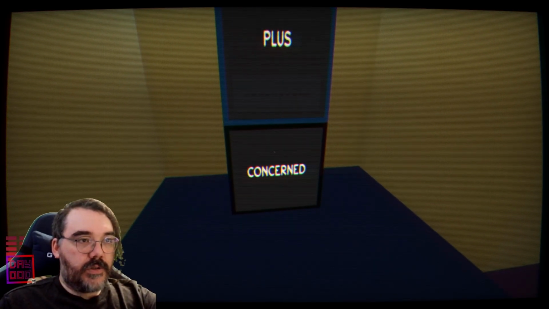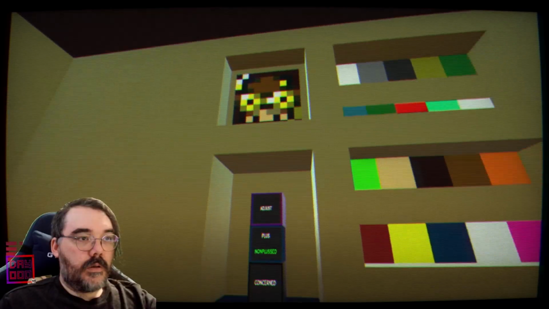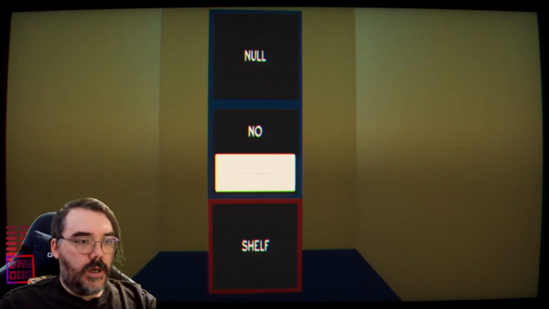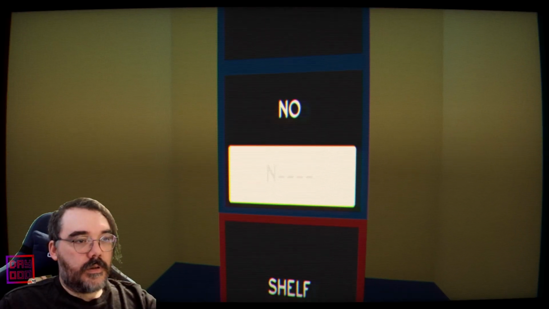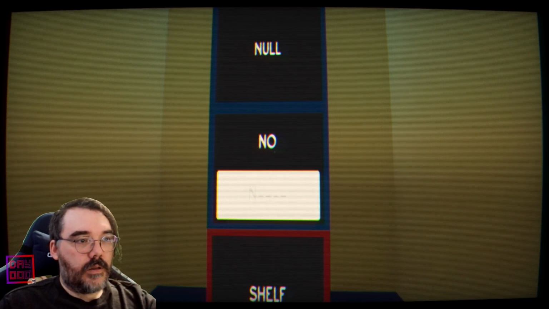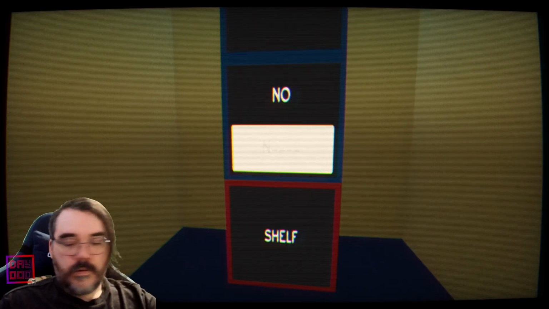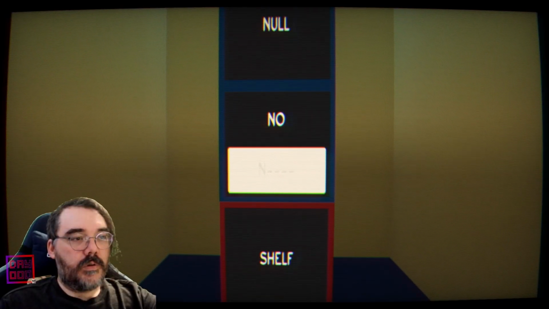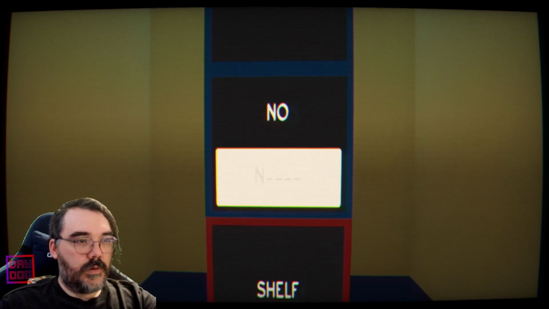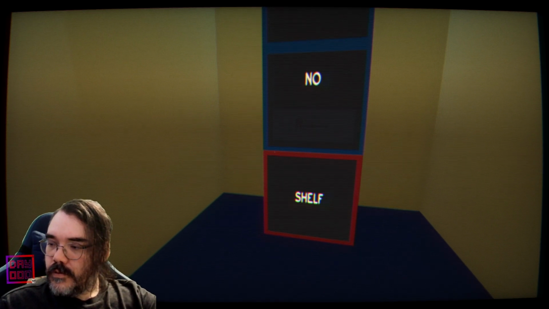Adjust plus concerned. Plus. Lovely. It's a stained glass window. Shelf. We've heard of shelf. No. Shelf is a part of a what? Shelf foot becomes toe, shelf becomes what? Can you reduce down a shelf? Foot becomes toe, shelf becomes